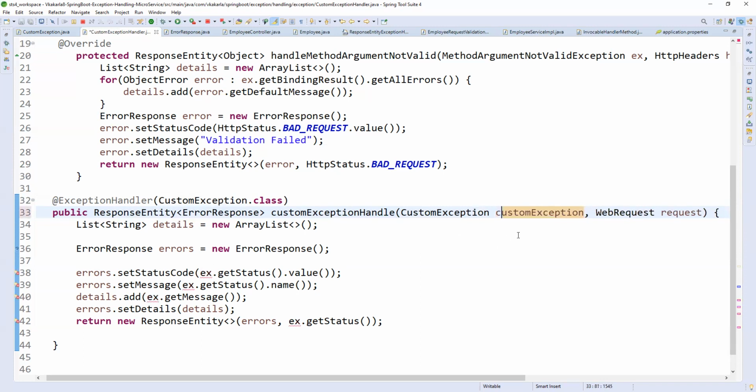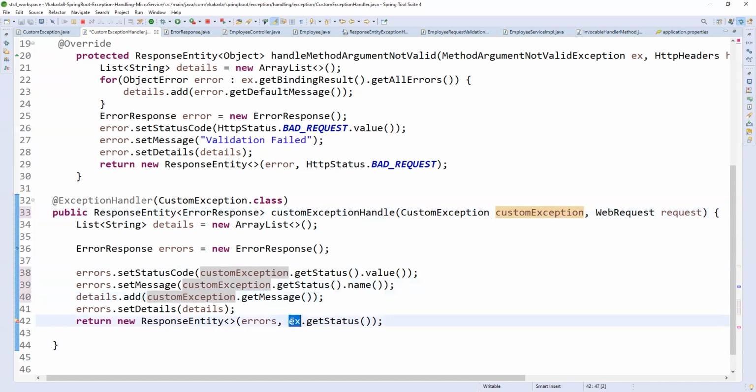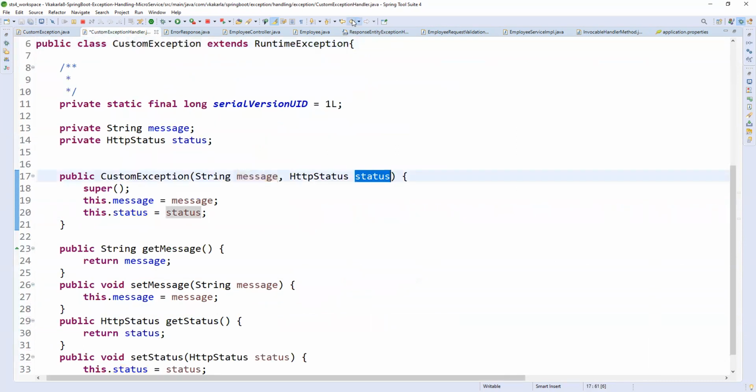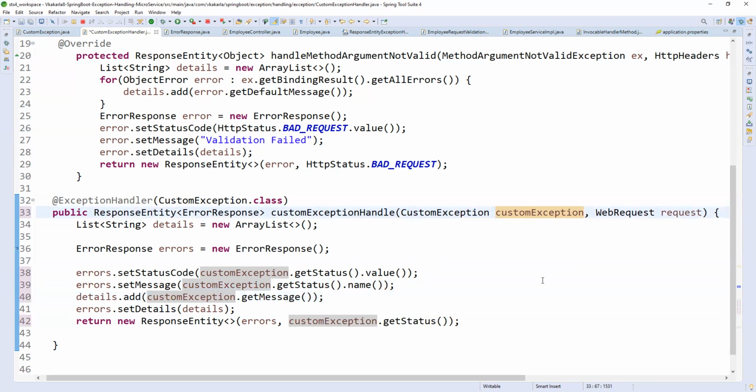Simply, in this custom exception we will have the message and HTTP status dynamically.